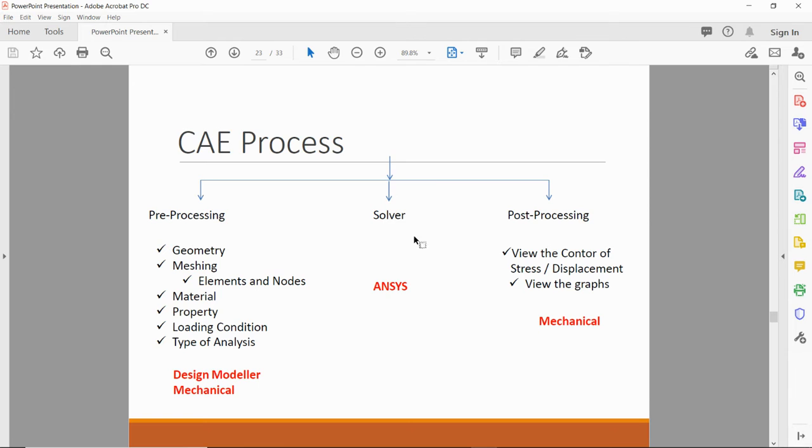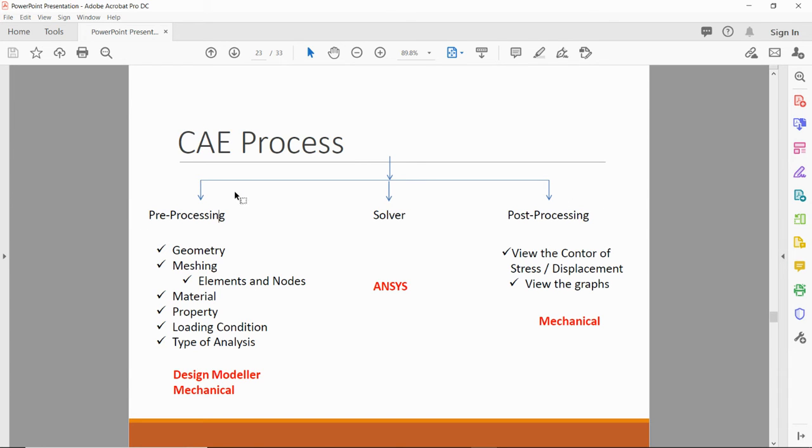In the CAE process, for every problem statement, this process is followed. First is pre-processing. Pre-processing means importing or creating the geometry, then meshing, then giving the material, adding the properties, loading conditions, and assigning the type of analysis. So this is the first step in the CAE process: pre-processing, then solver, and then post-processing.